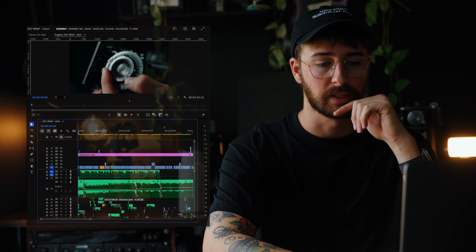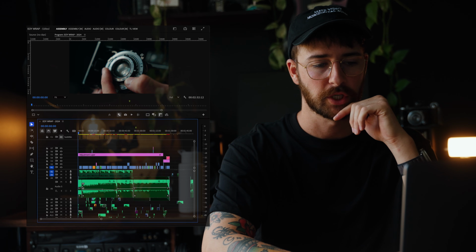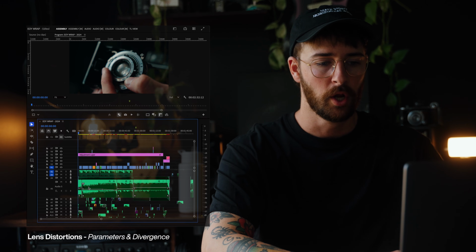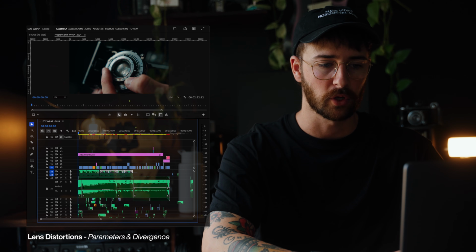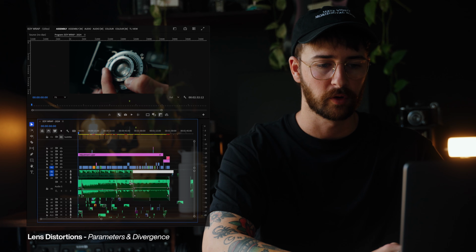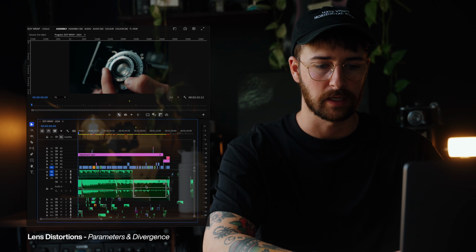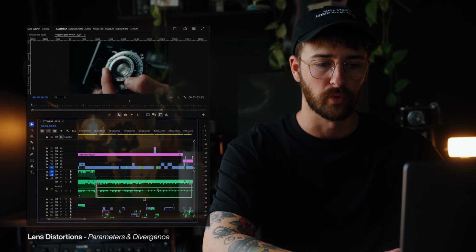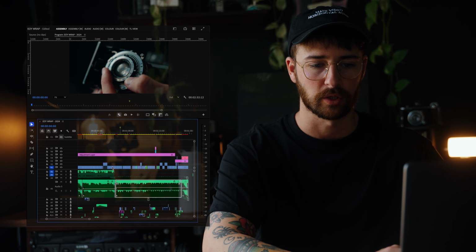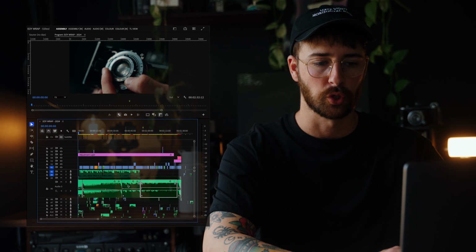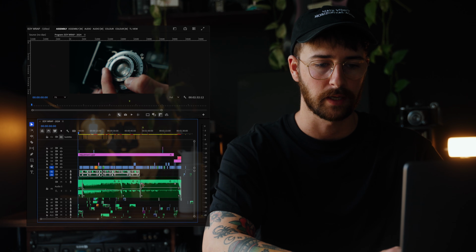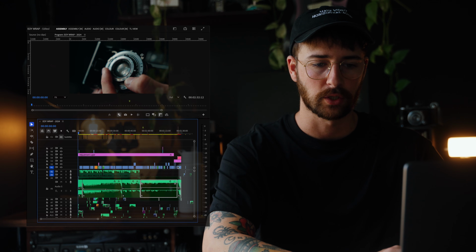Now, if we jump into the 2024 wrap-up timeline here, you can see that I've got this double crescendo thing going on. So this is actually two separate tracks, both from Lens Distortions. This first track here kind of guides the voiceover, which is this section here, to a bit of a crescendo. And then this last track here, you can see in the waveform, really brings this montage section to a crescendo as well. So there's two build points there: one bringing my voiceover to a close right here, and one that brings the entire track to a close right here.